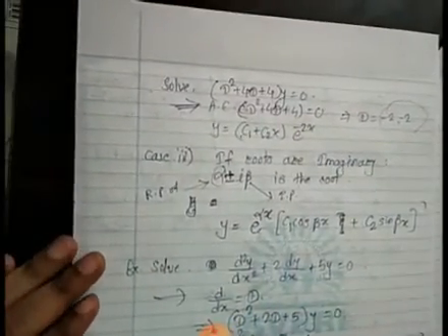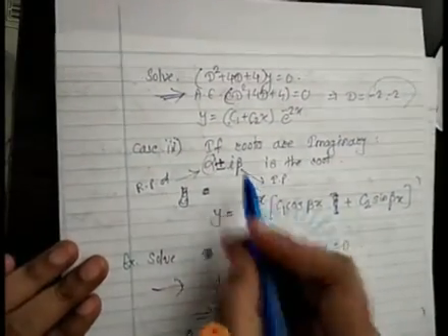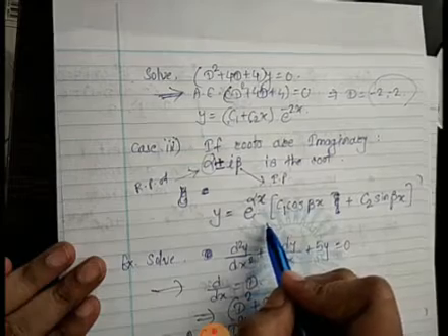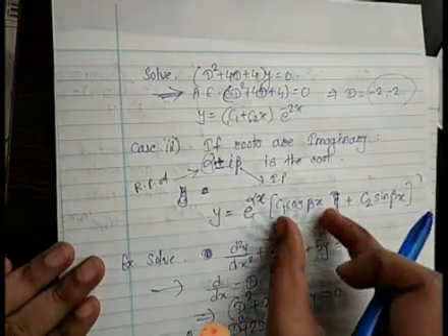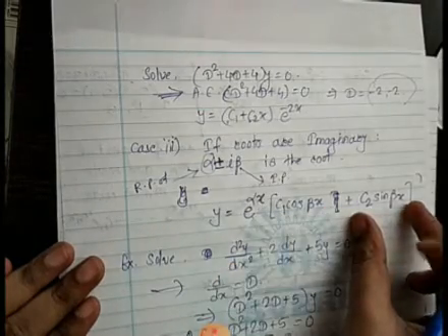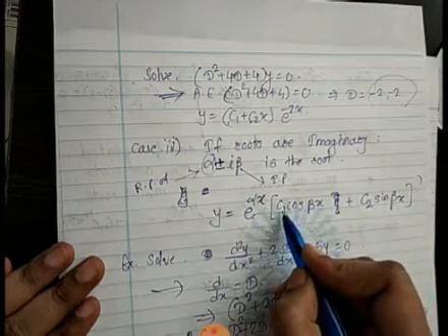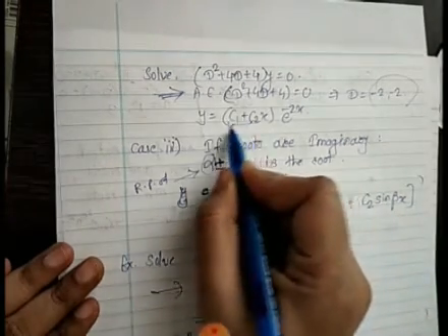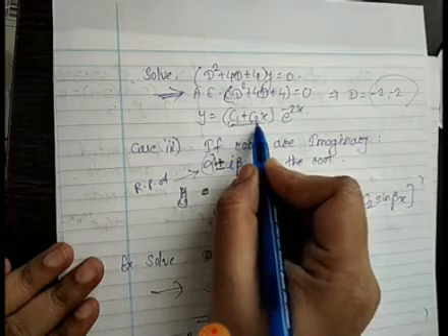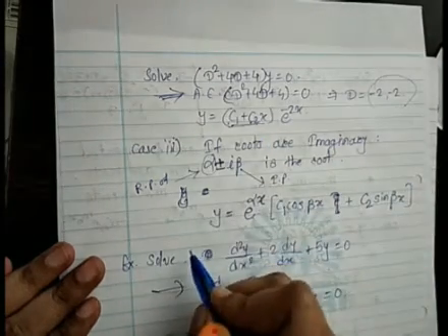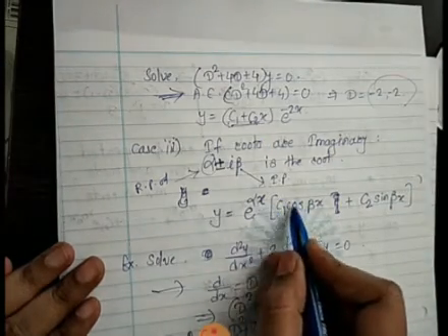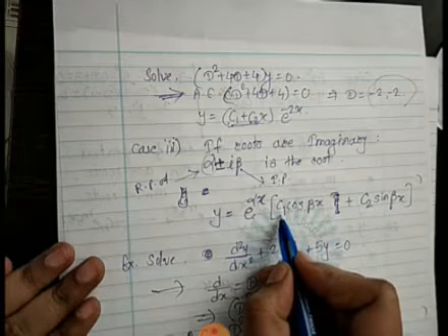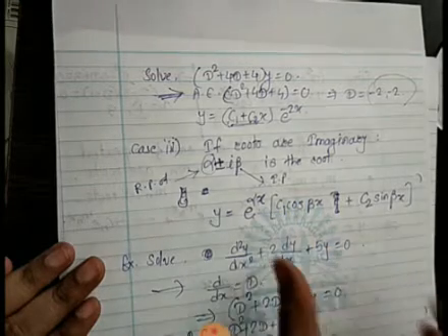As you can take the reference from real and repeated. So in case of imaginary, very good. As we have written C1 cos beta x, C2 sin beta x, right? We have changed in real case also. If repeated, we have written C1 plus C2x. So in imaginary case also, that C1 will get replaced by C1 plus C2x as repeated twice.